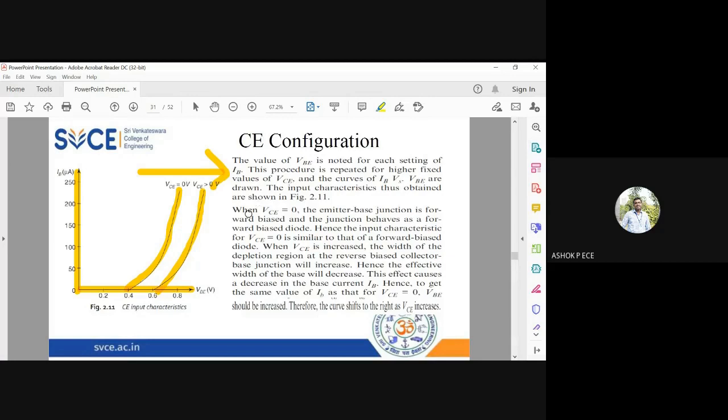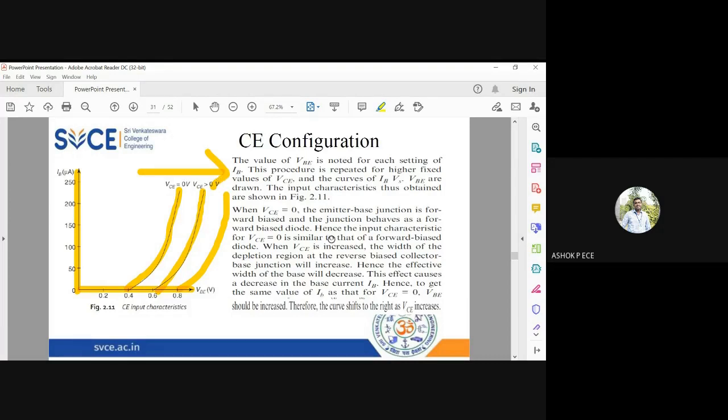Okay, so you can see that when you increase the value of VCE, the graph will be shifting towards the right, because more carriers are produced, but it will happen after some time. See, in the first case, when VCE equals 0, the current is obtained only after 0.4 volt. But when you increase the value of VCE, the current is obtained after 0.6. So you will get delayed current only. The next current will appear at 0.8. So the next current will happen, and the graph will be like this. Okay, so the graph will be shifting towards the right as I increase my value of VCE.